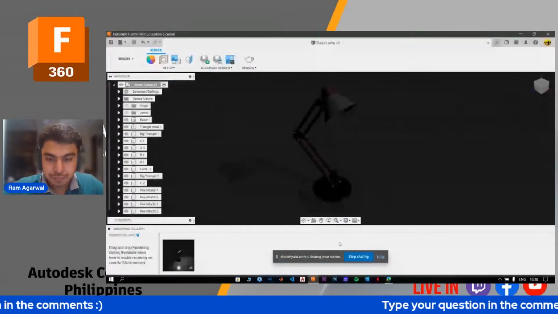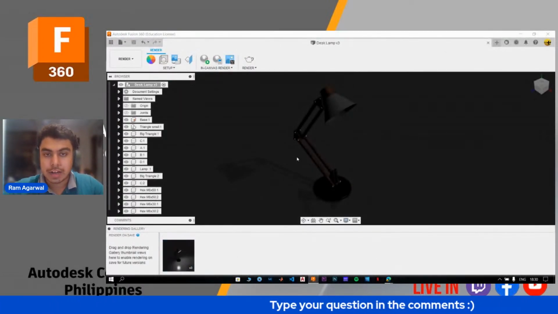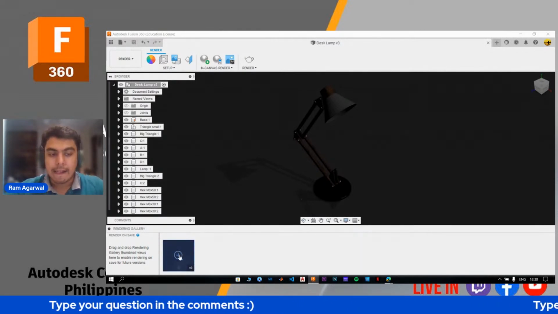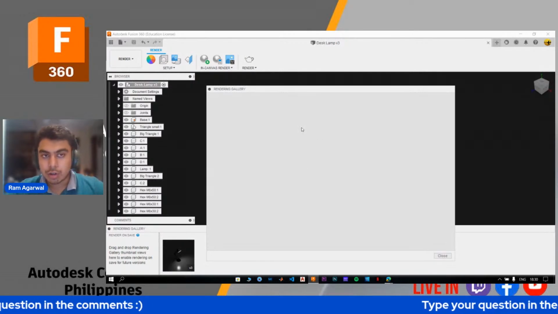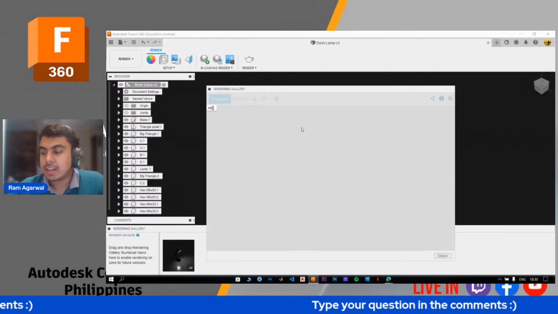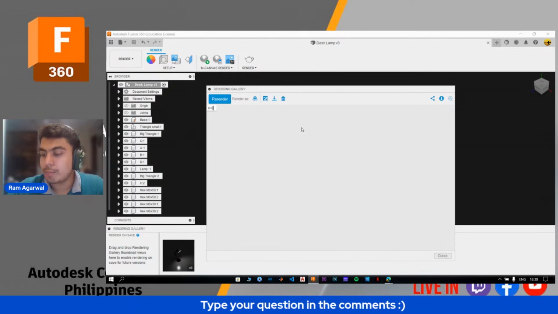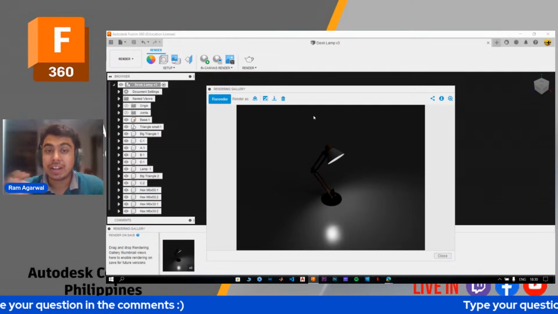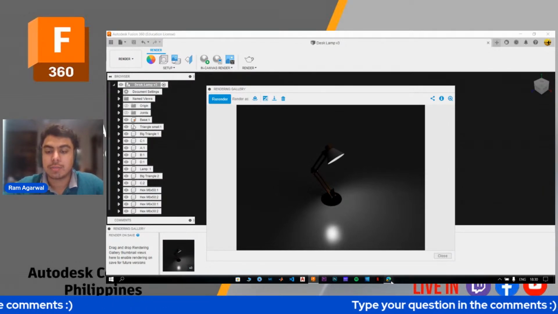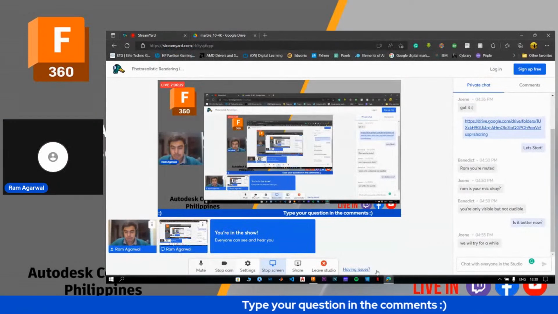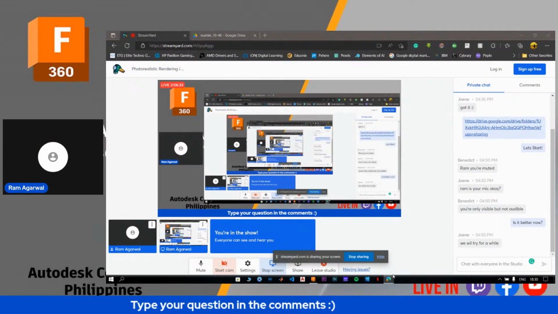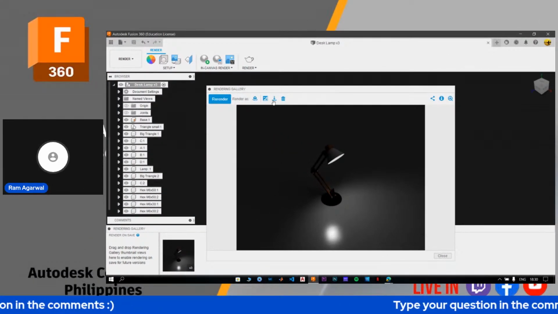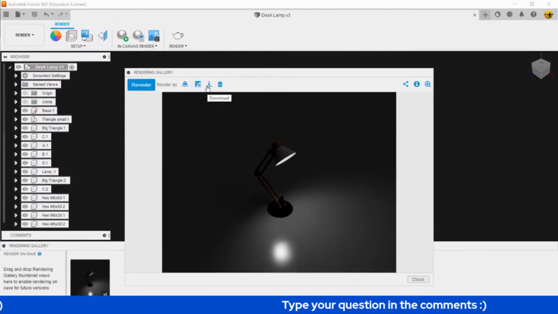So yeah, while we are at it, as you can see, the rendering for the desk lamp has been done, and I'll quickly show you the rendered output of this image, and then I'll show you what I mean when we are talking about custom environments and other external environments, and how to blend in all of these objects in these custom environments. I'll just switch off my camera because it takes a lot of my bandwidth. So yeah, this is the image. I'll download it as a PNG file